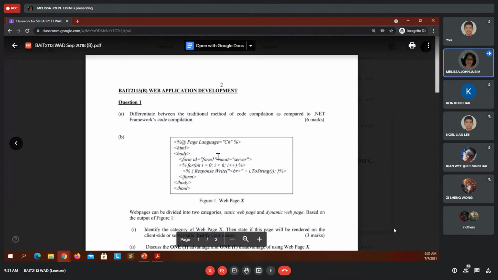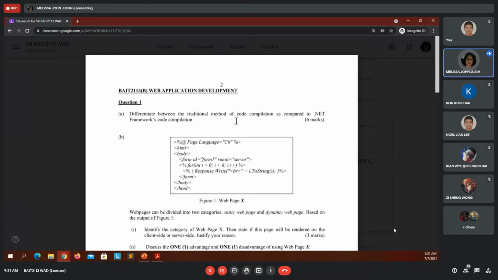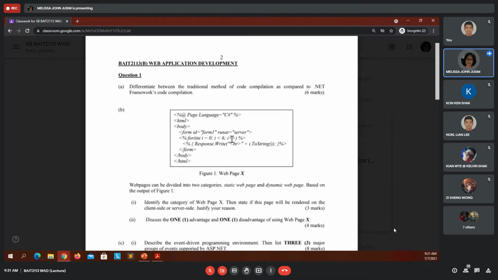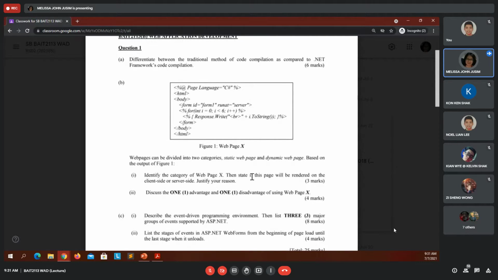You all have an idea already what kind of theory questions there are. Method of compilation: for ASP.NET, we're using the two-step process, right? Web pages, static, dynamic. But remember, this is a face-to-face exam where the candidates need to attend the examination, sit in the exam hall and write their answers.